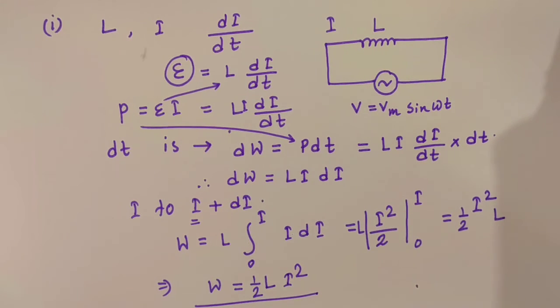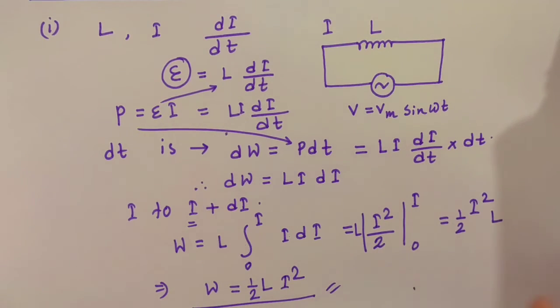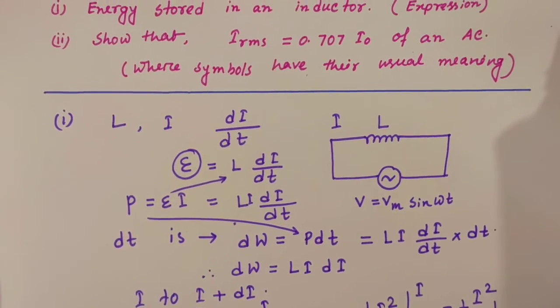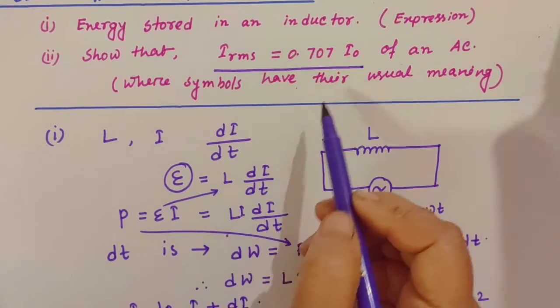I will share the note for this. From the note you will get the idea what you have to write in place of theory. I just discuss here some calculation, and from the note you will know what you should write for the theory part. Now our next topic is we have to prove that IRMS is equal to